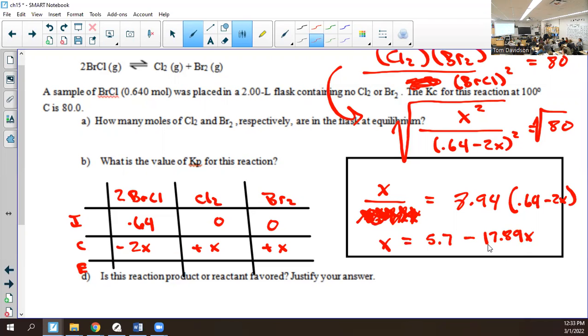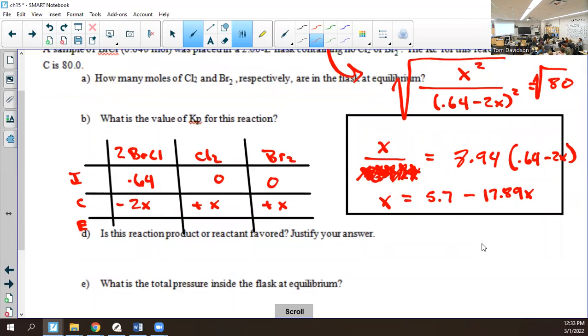All right, what would you do now? I need to add 17.89x to both sides. So over here I have 18.89x equals 5.7. Then what? So x is equal to